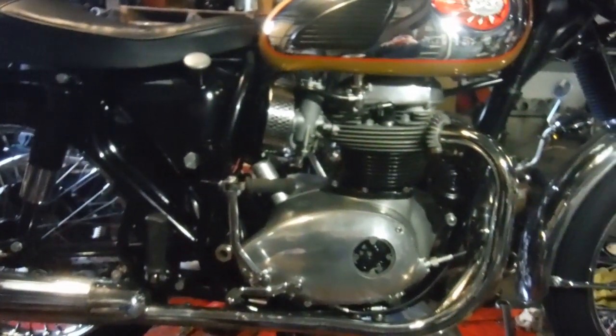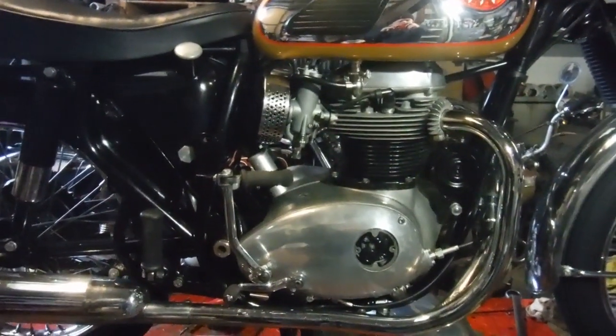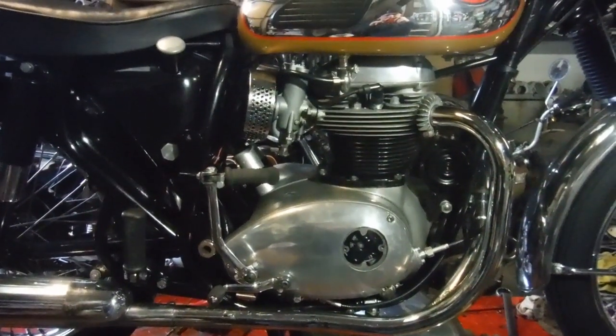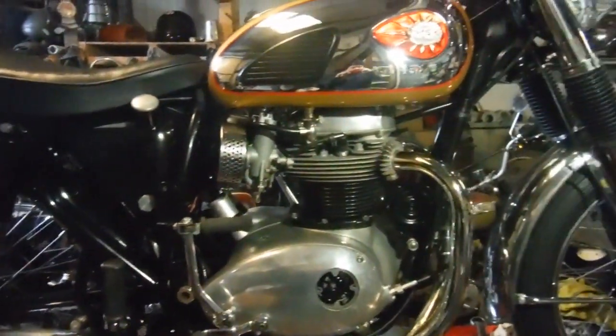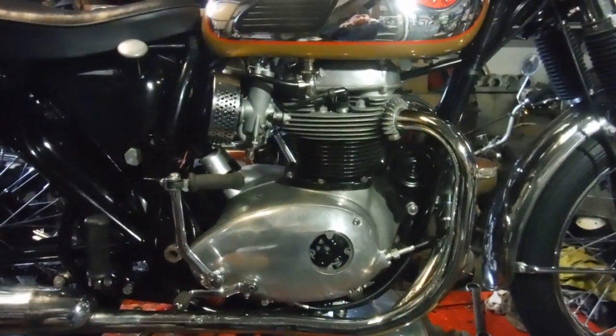Well, I've not forgotten about the BSA A65 engine I'm in the middle of rebuilding, and there's also another one that's arrived in kit form for someone else to do after that. But here we've got a BSA A65 Lightning Clubman, and the owner has asked me to check this one over,